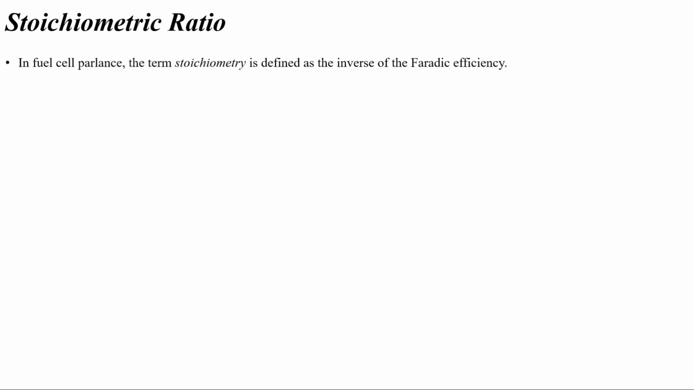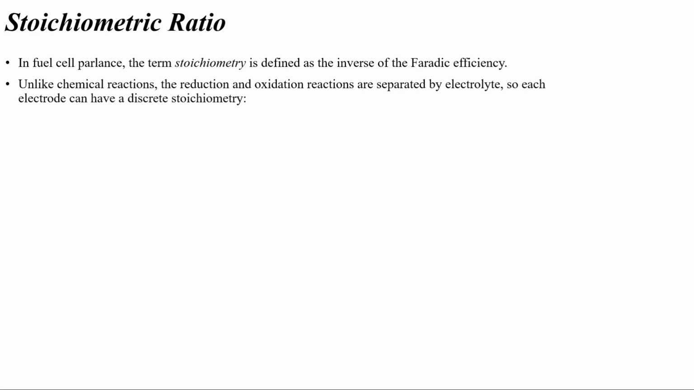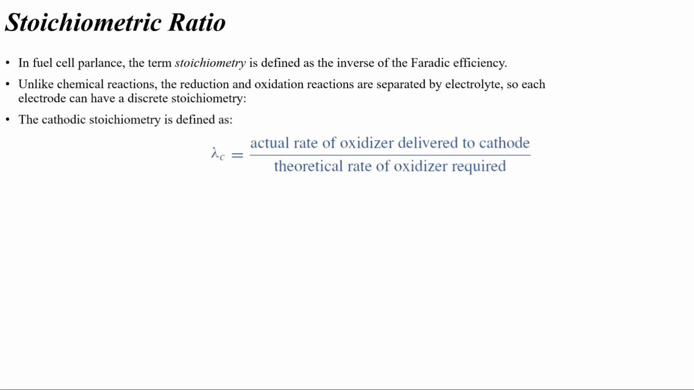Now we are moving towards another concept, which is the stoichiometric ratio. It is the same as we have learned in the internal combustion engine. In fuel cell parlance, the term stoichiometric is defined as the inverse of the Faraday efficiency. We have learned air fuel ratio in heat engines. It is similar to that concept. Stoichiometry is basically the inverse of Faraday efficiency, and if we talk about stoichiometry at the cathode,